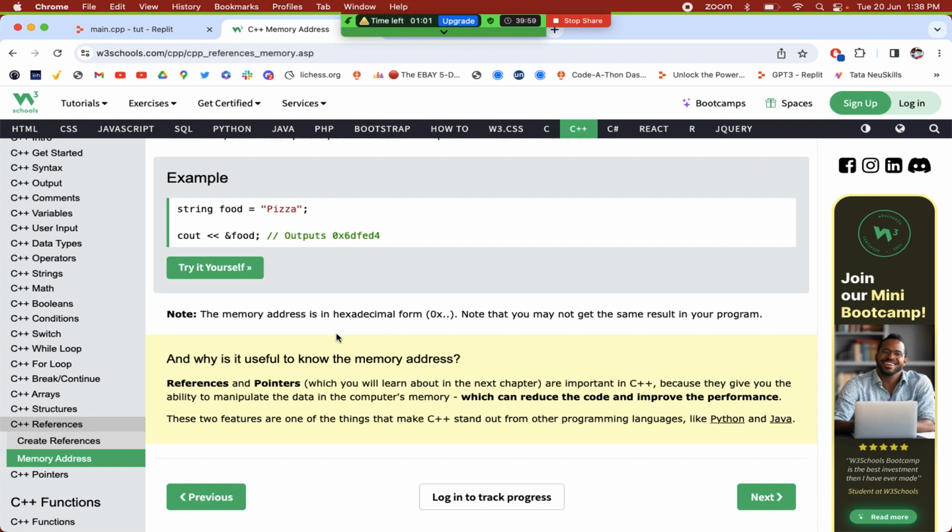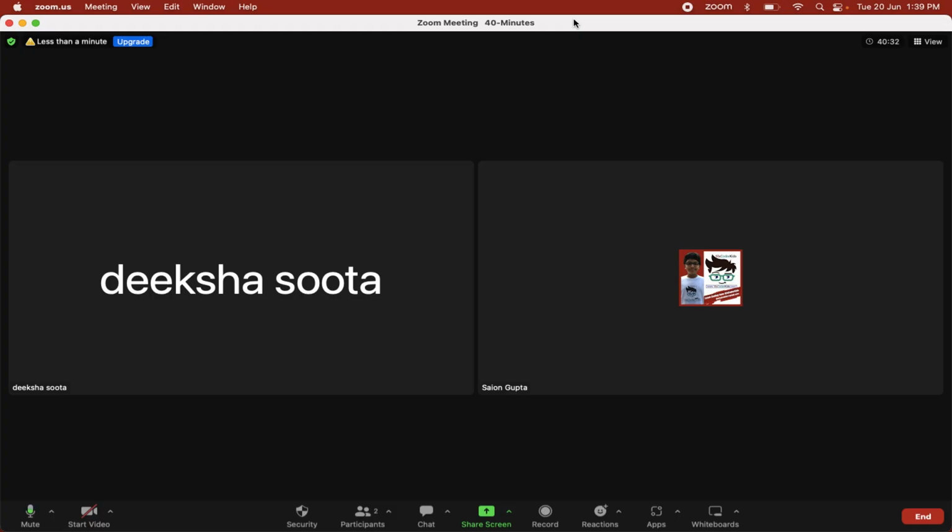And why is it useful to know the memory address? References and pointers, which you will learn in the next chapter, are important in C++ because they give you the ability to manipulate the data in the computer's memory. Right, so you can directly work with the computer's memory, which can reduce the code and improve the performance. Right, these two features are one of the things that make C++ stand out from other programming languages like Python and Java. So this was it for this class, and we'll look at pointers tomorrow in the next class,